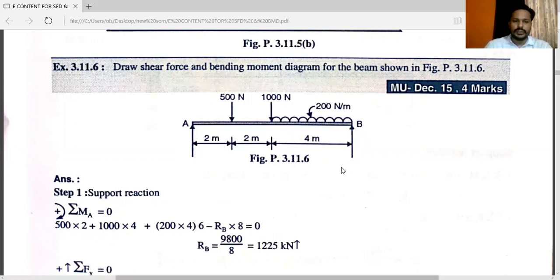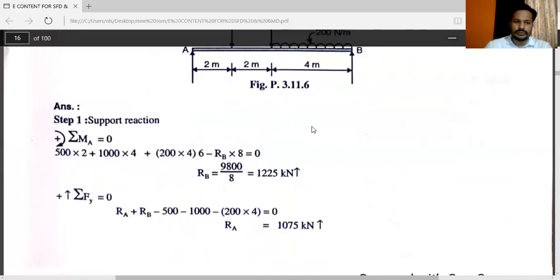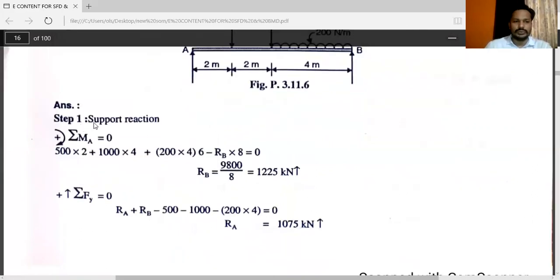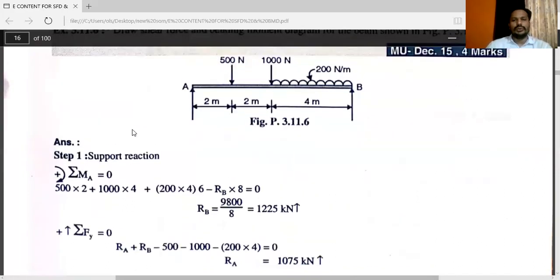See, first of all, you have to draw free body diagram. Means you have to convert this UDL into point load. We know how to convert UDL into point load. And after that, you have to solve this problem. The step number 1 is to calculate support reaction. Already you know how to calculate